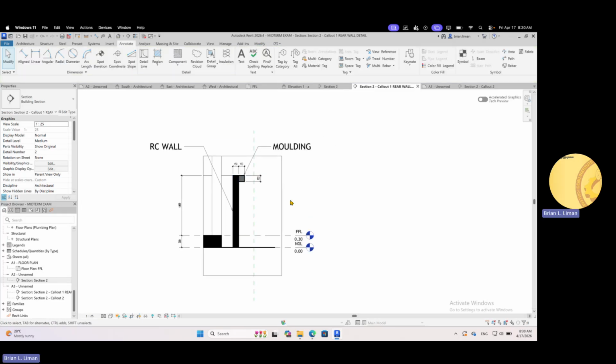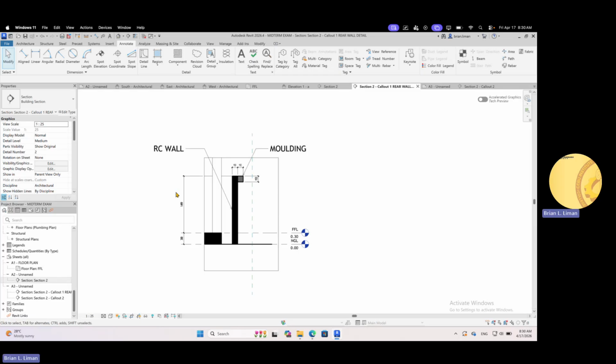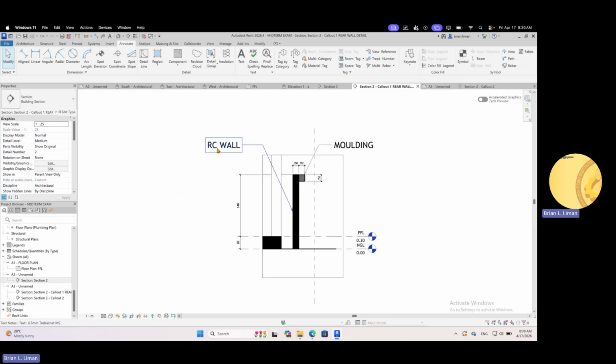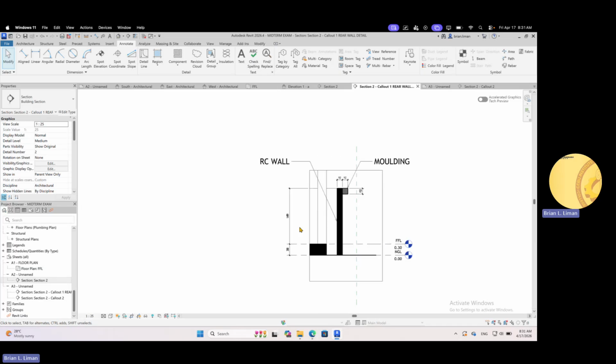And in this view, class, you can add specification. Okay, like this one, RC wall, RC reinforced concrete, molding, and dimensions, or other items that you would provide as part of the details, part of the instruction of working drawings. Okay. Now, there are times wherein